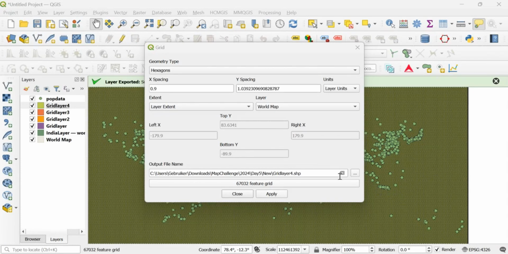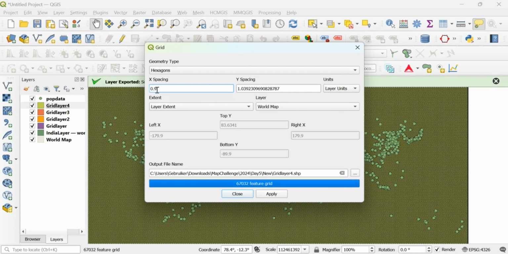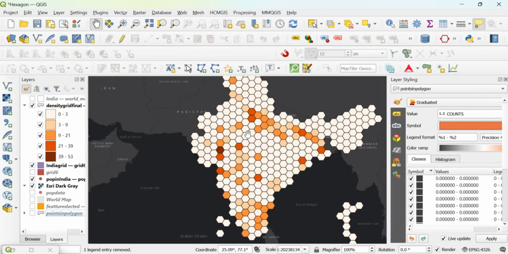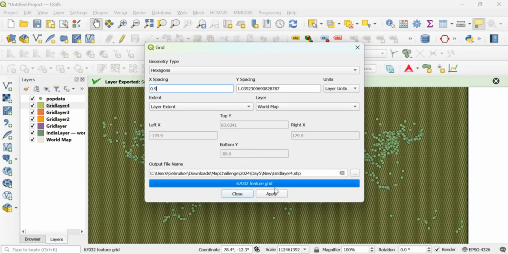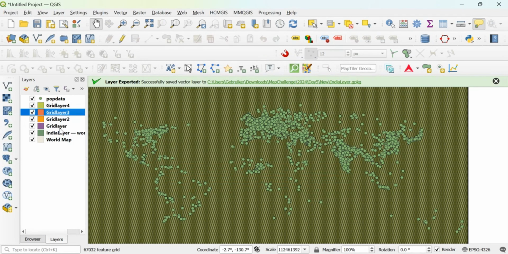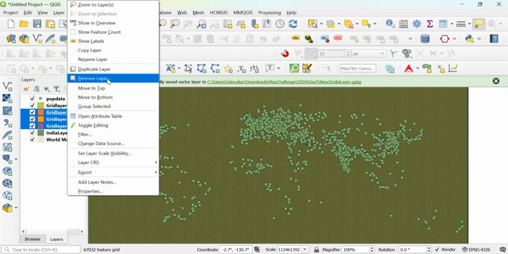So I had to pause it because the 0.2 spacing took a very long time. Please make sure that you also experiment to see if you really like the outputs. I don't really like 0.9, but it's way better than 0.2 or even 0.5. But the one I did before, this particular one, I think the spacing is 1. So I will close this and then I will delete these ones, so I don't need them again.